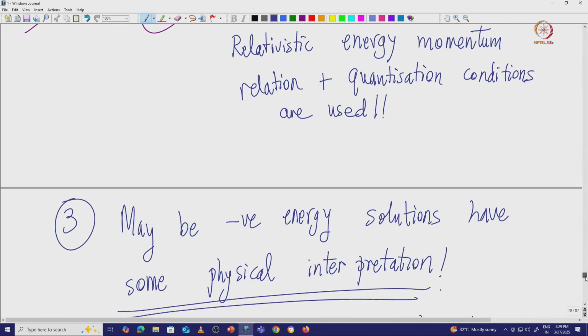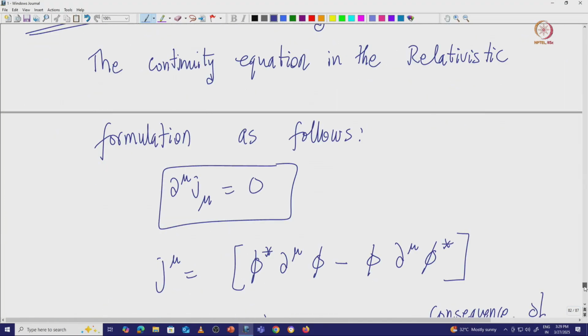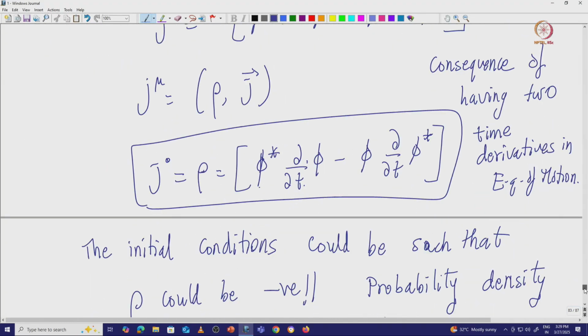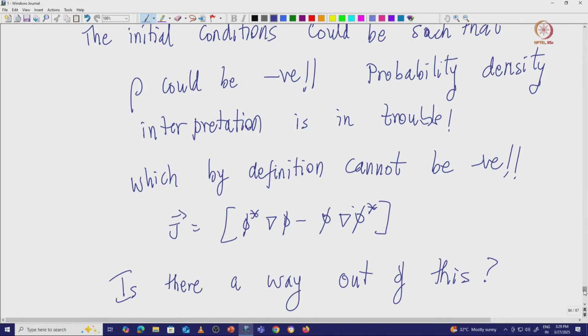They have opposite charges, because that is the only way we can make this rho negative. That is the only possibility. Now I will make it more concrete in the next lecture by actually coupling it with the electromagnetic field. And the third one is that one of them is a positive energy solution, another of them is a negative energy solution.